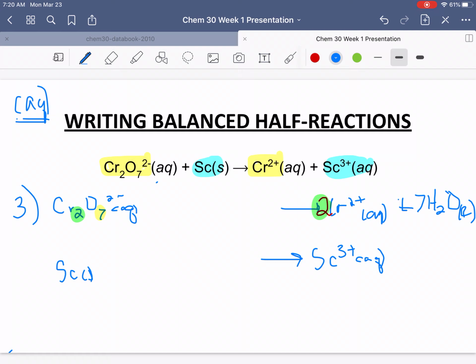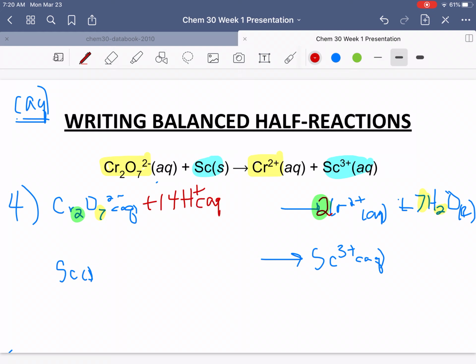For the second half reaction with the scandium, no oxygen is present, so no big deal. I don't have to worry about that. Moving on to step number 4. Step 4 is considering that, hey, you just added in some good old hydrogen. And you added in 14 of them when you put those waters on. So we have to account for that. To account for that, you're going to go back over to this side and we're going to add in 14 H